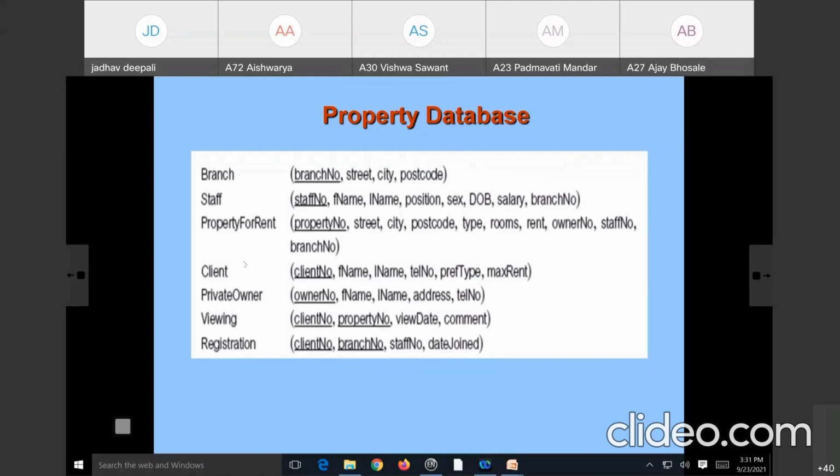So it is attached here after converting the ER diagram to the schema diagram. So owner number, staff number and branch number. Then the staff member who is going to show that property or deal with that property, and the branch with which this property is registered, that is branch number. Then the client: the client also approaches that particular branch if they want to take some property on rent. So client number,